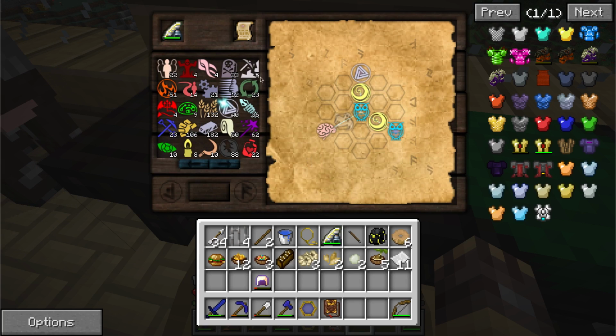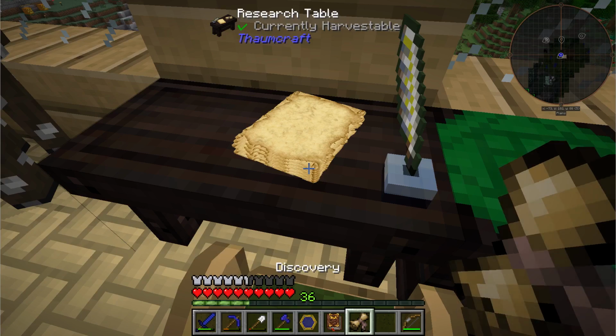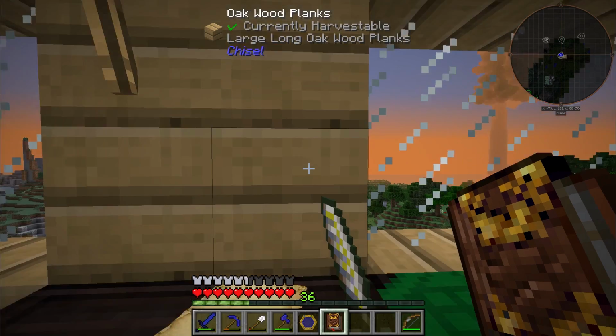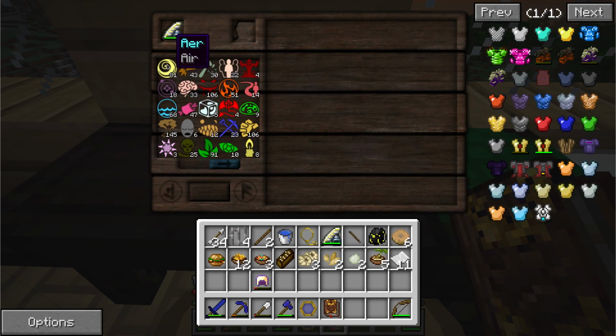So now we have Air plus Ordo here. It's going to be Motus. Get a research note here. So now whenever we do research, whenever you remove an aspect, there's a 25% chance it will regain the research point, and you are able to see what aspects you need to combine to create an aspect you're hovering over, which is very handy. Yes, so if we're hovering over a primal aspect, obviously those aren't made up of anything, but